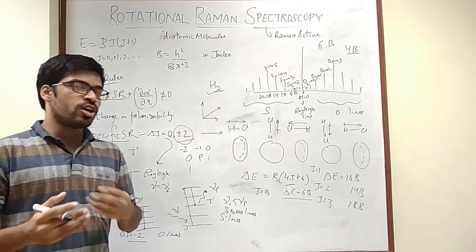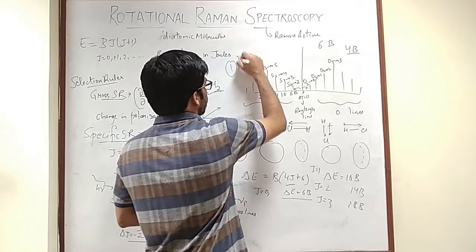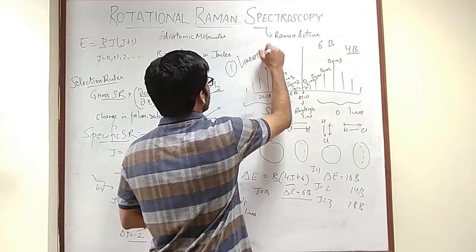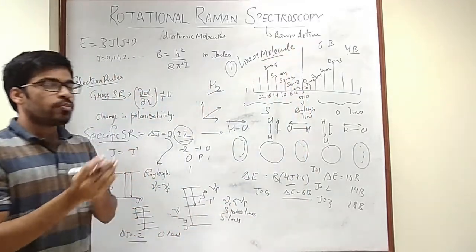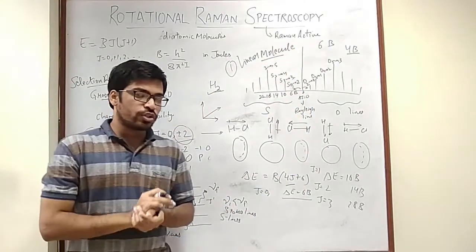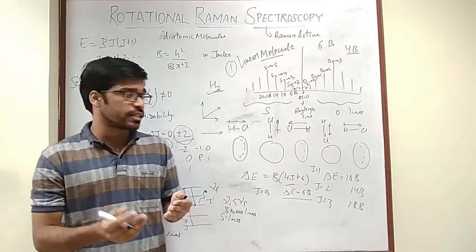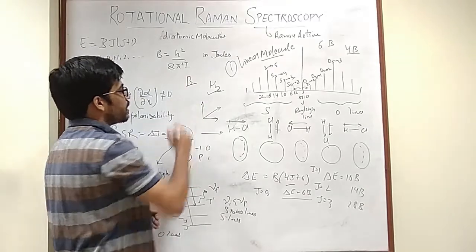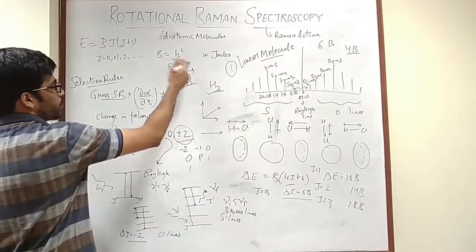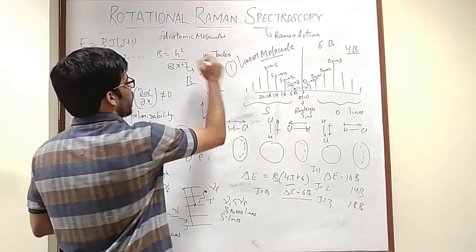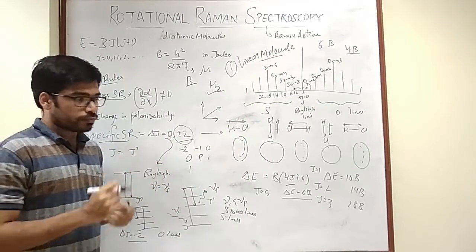Now, when we talk about polyatomic molecules, the first and simplest example is a linear molecule. Okay, now a linear molecule, as we had seen in case of rotation spectra also, follows the same spectral properties as that of a diatomic molecule. The only difference is that the rotational constant B is smaller because of larger moment of inertia, because of larger reduced mass. Other than that, the trend remains the same for a linear molecule.